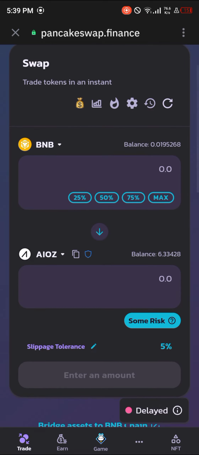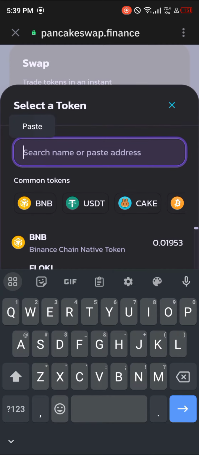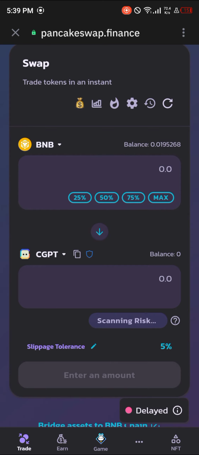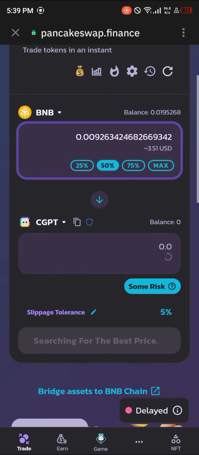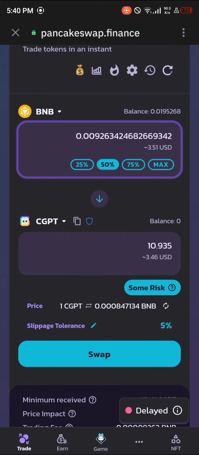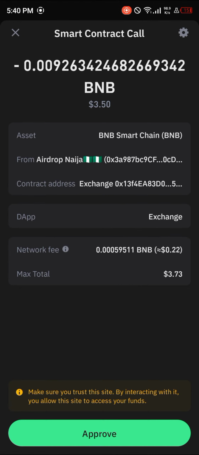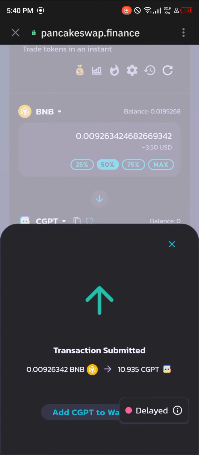And where we have IOST, click on the IOST drop down and paste the contract address for the ChainGPT. Select ChainGPT, enter an amount of tokens you wish to buy the ChainGPT for, and once you've entered an amount, set the slippage tolerance between 1% to 5%. Once that's done, simply click on the swap option, click on confirm swap, and easily approve the transaction by clicking on approve. So simply click on the approve option, enter your passcode, and once the passcode is submitted,